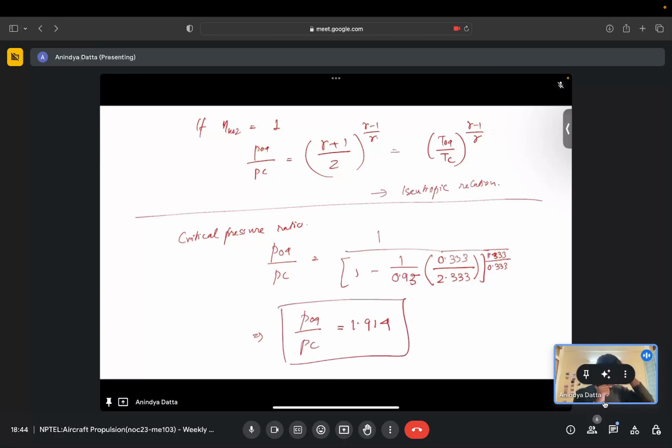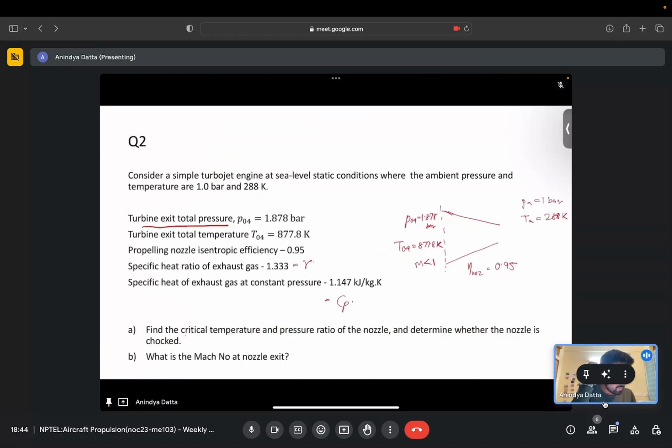Okay, so the next thing goes to a question. We have to find out the critical temperature and pressure ratio across the nozzle, and then we have to determine whether the nozzle is choked or not. So you have to see that the nozzle is choked